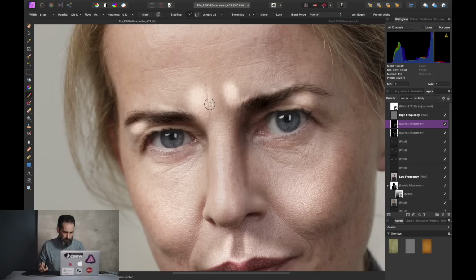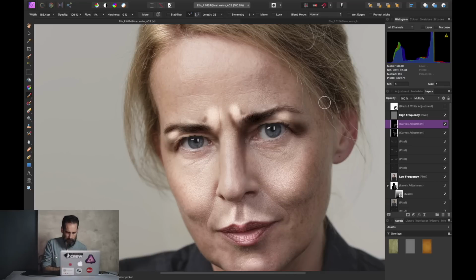And then just amplifying that highlight by putting a shadow next to it. So we create a bit more contrast, a bit more pop. Corners of the eyes, it's nice to always get a bit of shadow in there. And then